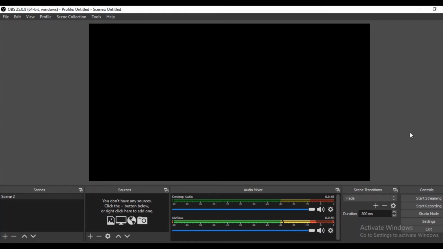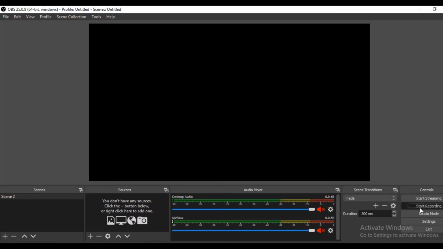Now this is the main interface of OBS Studio, Open Broadcaster Software. And what you're going to do is very simple. If your mic is attached to it, you're going to mute it, and if you have desktop audio or anything, you're going to mute it completely. Now why are we doing this? Because we don't want any sound or any noise. Even when your laptop is running, there is a kind of a sound. We don't want any sound. We just want to mute it totally. So mute any mic sounds, mute any desktop audio you want to.